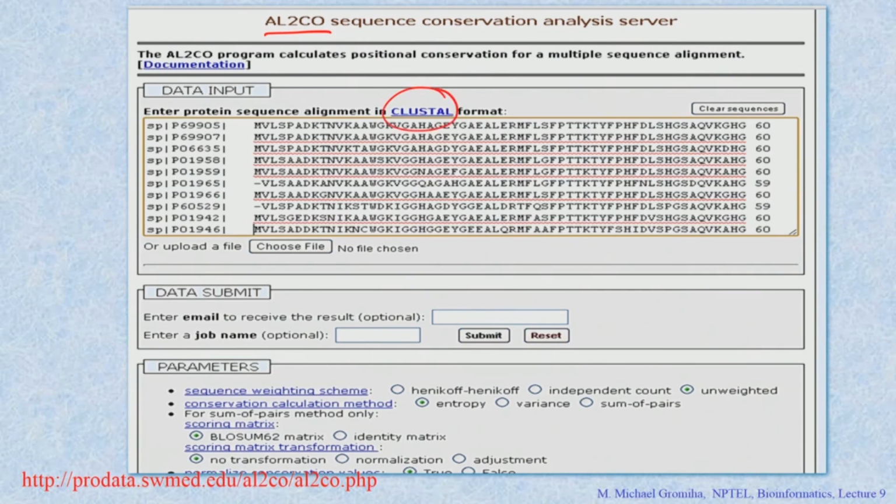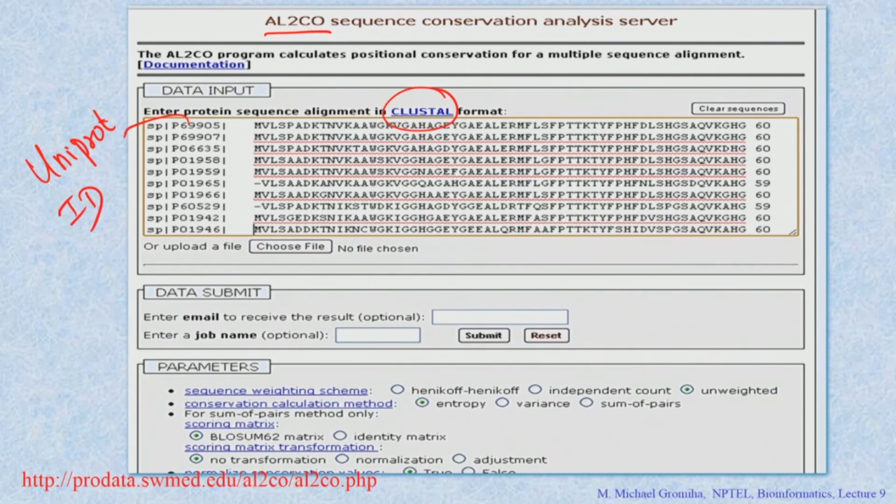Identifier and then sequence. Right, it's the identifier and the sequence. It is the program for multiple sequence alignment. If you give the single sequences and align them using Clustal, then you will get the output. This is the identifier, the UniProt code, UniProt ID,